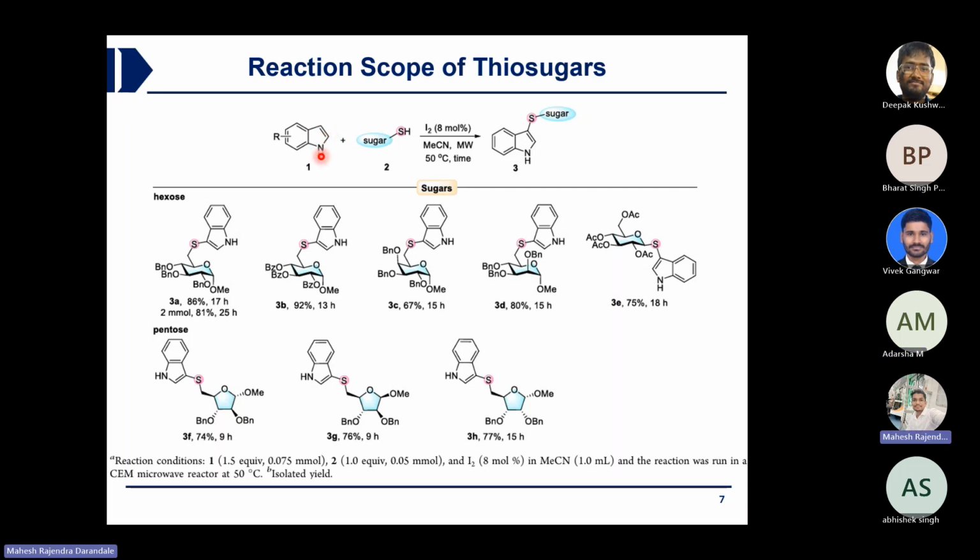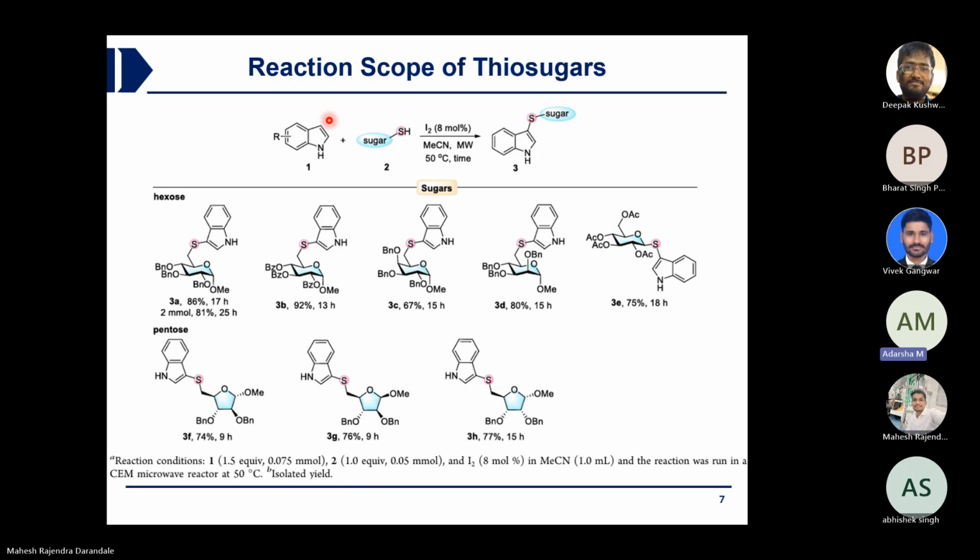It is C3 only. This one is called N1, because nitrogen is there. Then this one has a carbon, so C2, and this one is C3. In the paper they have mentioned it like this: N1, C2, and C3. Okay, then I must be wrong.